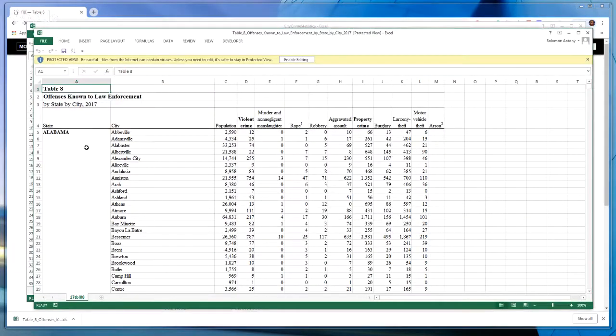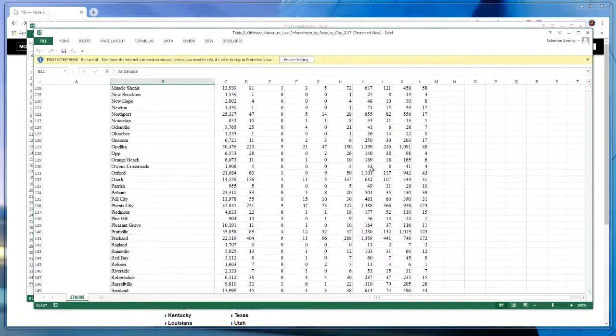So here's the data, and this is grouped by state, and within each state you have city, and for each city they report what the population was, what the total number of violent crime was. Violent crime is basically a sum of murder, rape, robbery, and assault. And property crime is made up of burglary, larceny, motor vehicle theft, and arson. So these numbers are available for each state and each city.